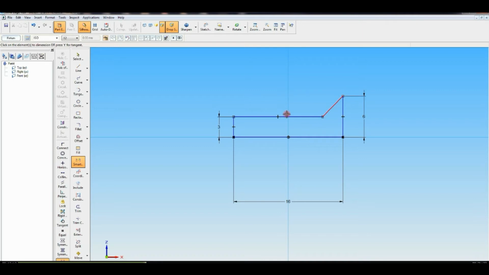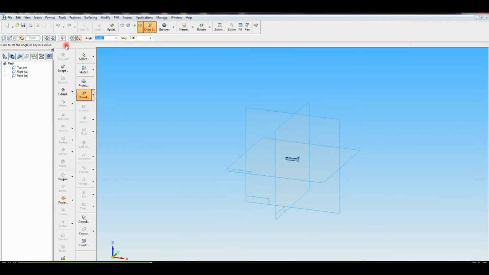Then from the extreme right end to the inclined line, length is 3 mm. Then with the help of axis of revolution, select the axis, then return. Revolve with a 360-degree rotation. Finish.